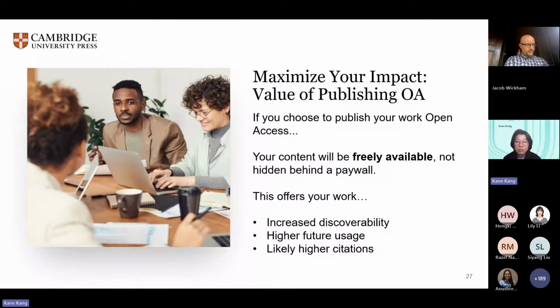So the benefits of OA include discoverability and dissemination, educational and other reuse, and also public access and engagement.